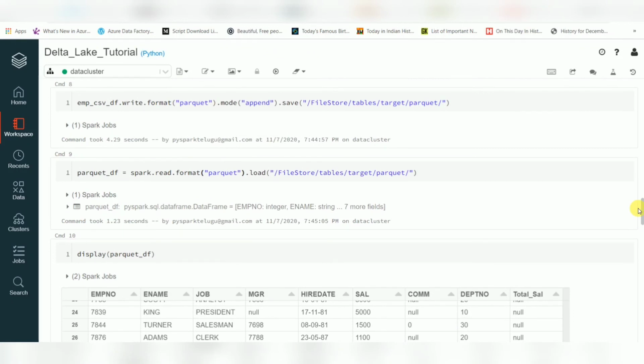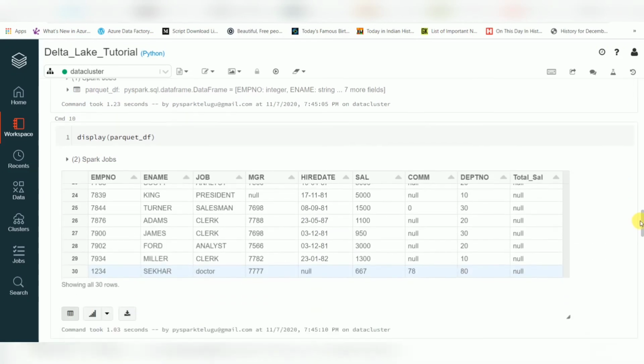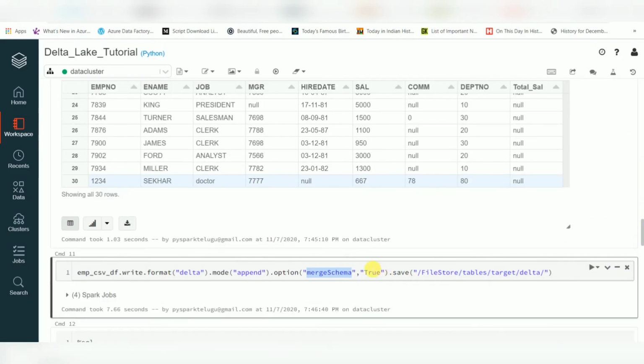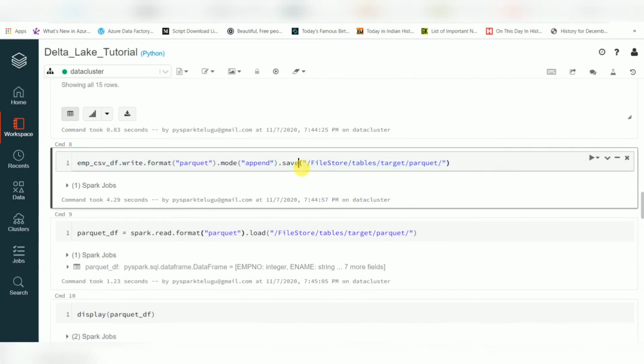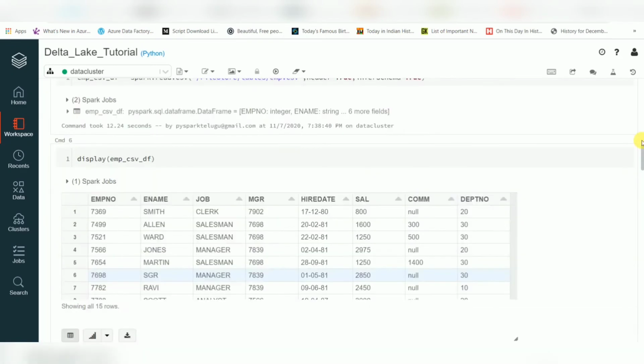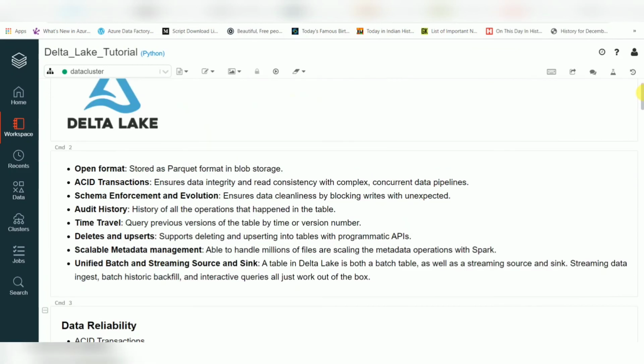Whenever you are getting changed data types or additional fields from the source system and you want to load them, we can use mergeSchema true, otherwise by default it will be rejected with an error on any schema mismatch. But with Parquet, by default it is accepted. So that is the schema enforcement option.